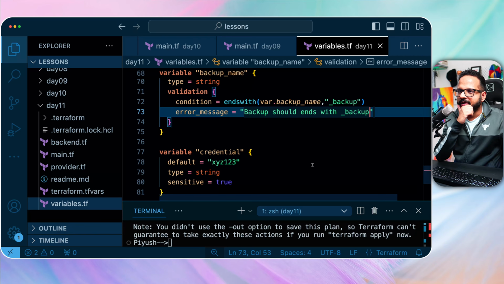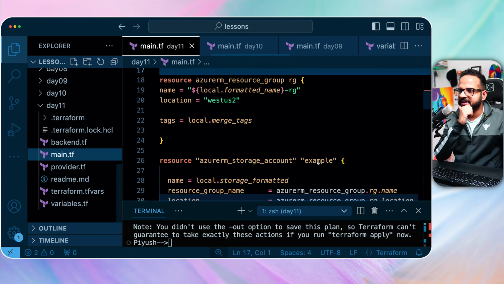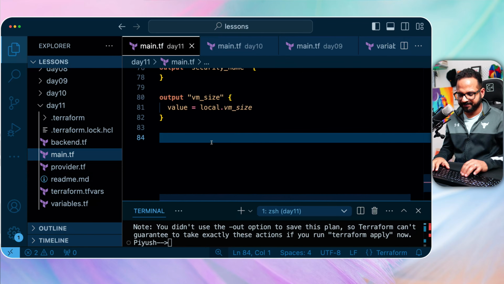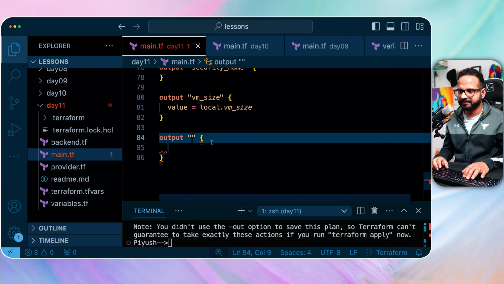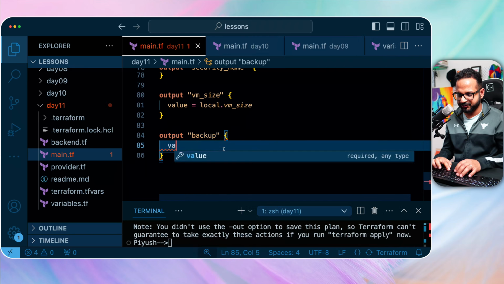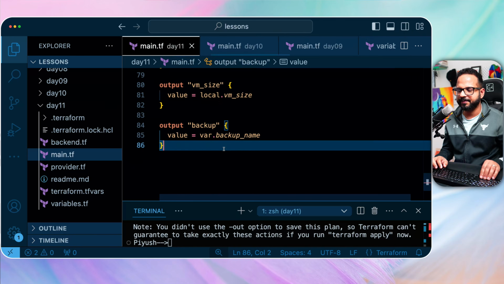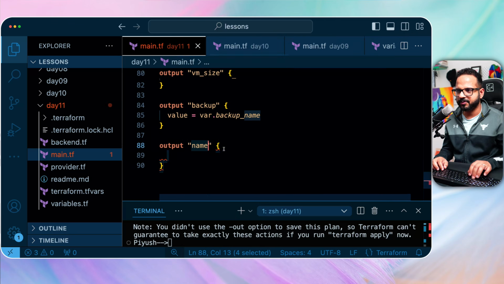Okay, now how do we test this? Let's go to main.tf and create the output variable. That's the easiest way to test this. So I'm going to add output, let's call it backup, and value should be var dot backup name. The other one is output and